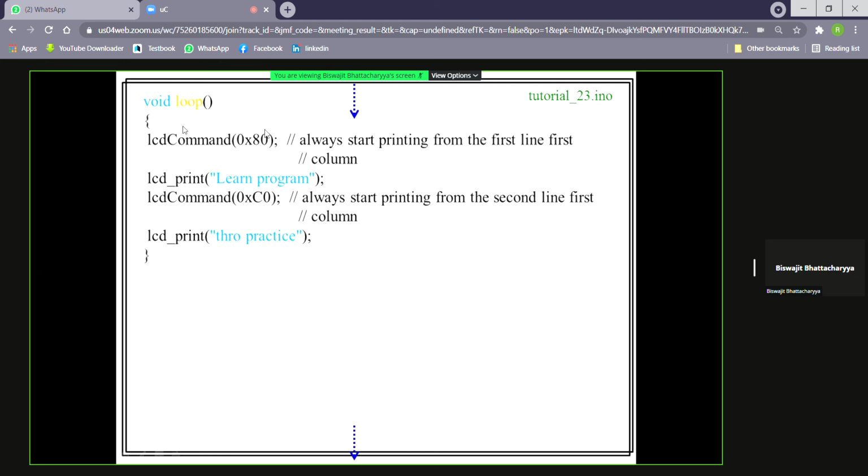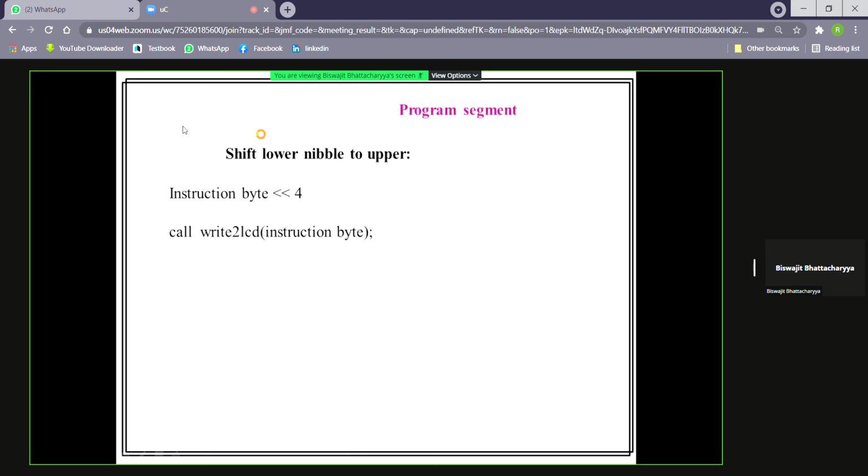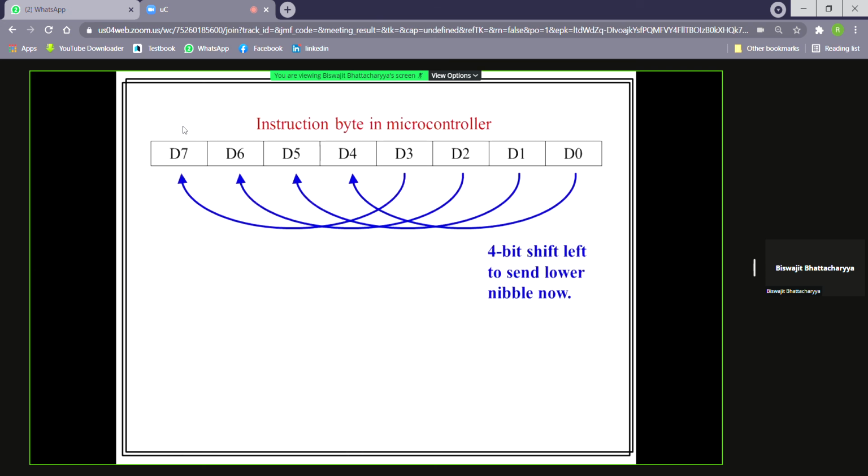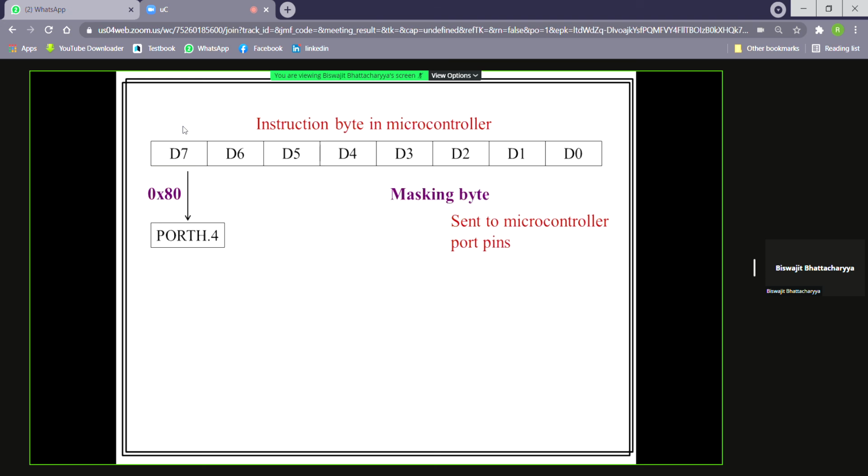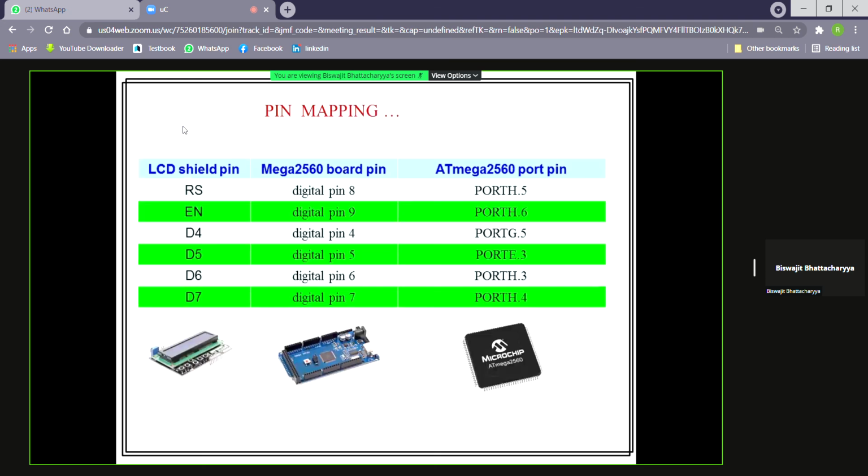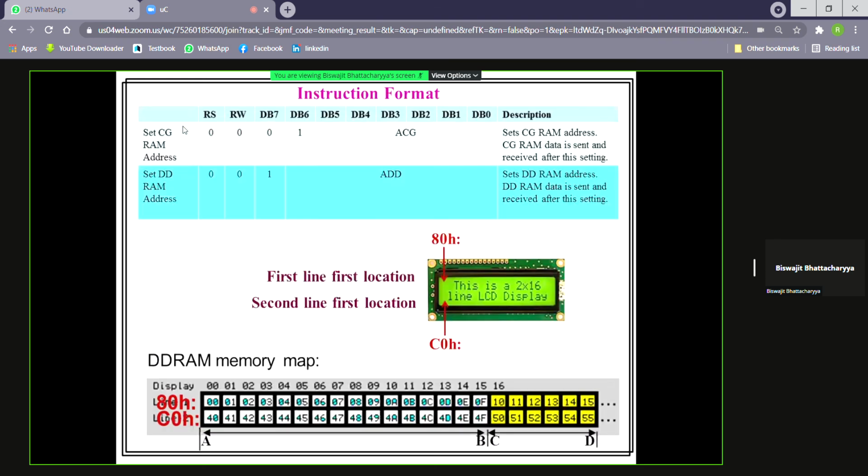That is, 80 hex means we want to print from the first location, first line, first location. And C0 hex means second line, first column, first location.